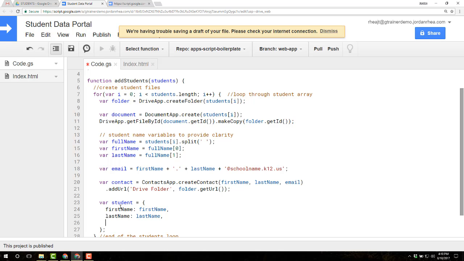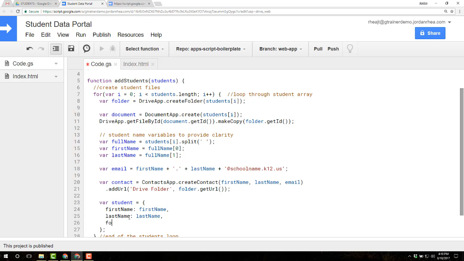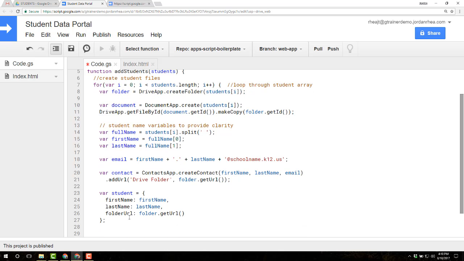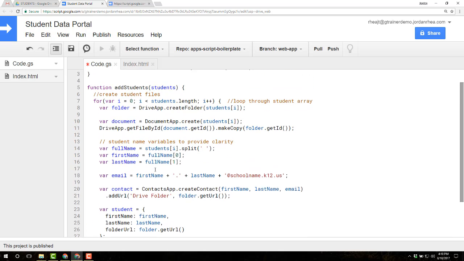There's going to be a, let's see, yeah, we want the folder URL, so we want the, oh, what happened? Having trouble, check your internet connection. I may have lost connection, might have to reset that in a second. Let's say folder URL, and we're going to call this folder.getURL. And that should be a decent little student, and we're going to actually create